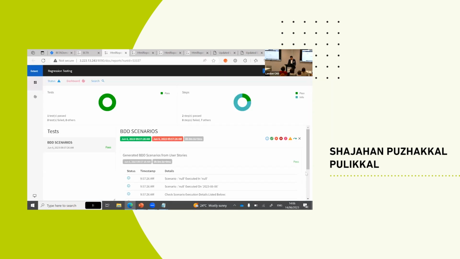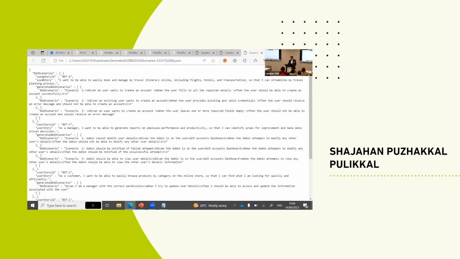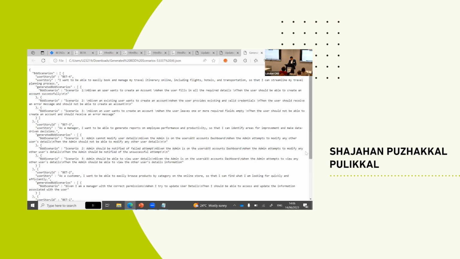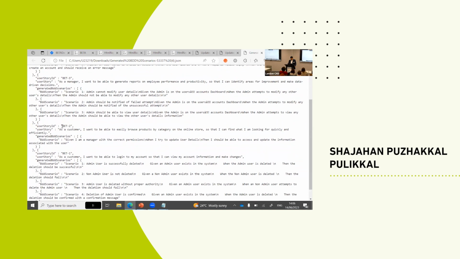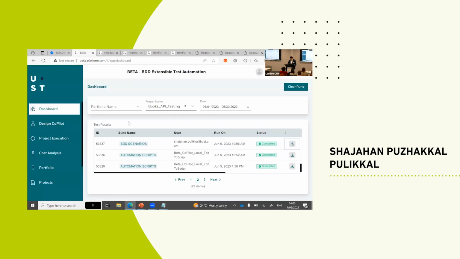Scenarios here. So these are the BDD scenarios we got from Jira. For the four user stories we checked, the scenarios are now created. For the first user story, three BDD scenarios are created, and for the next user story, another three scenarios. These BDD scenarios are created based on comprehensive coverage, and the user can review them, modify them, and take it further, updating or creating scenarios for the automation script development activity.